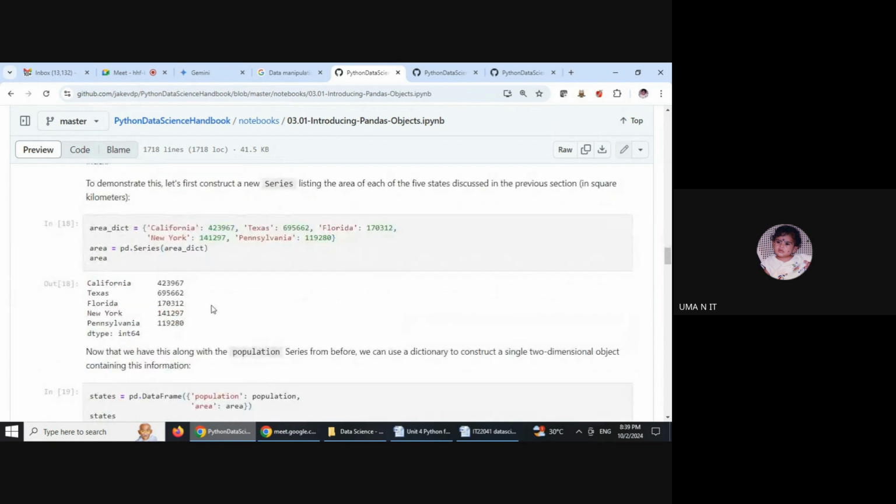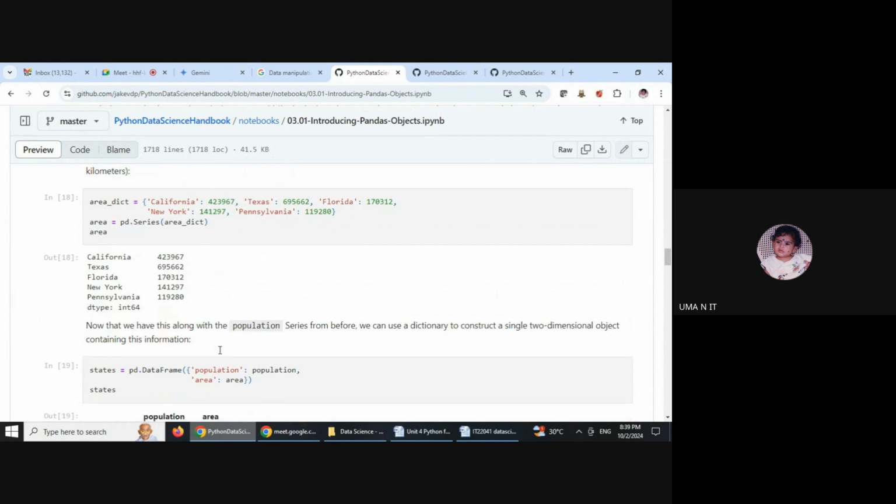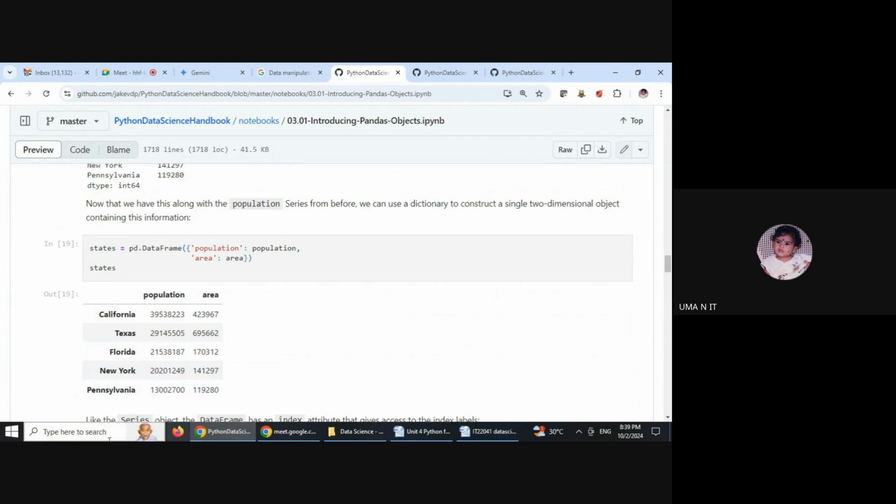So we have an area dict, that is a dictionary with a city name and the area of the city, and we can form a series of this area dict. A series will create a one dimensional array, and we can generate a data frame with two series of data, two series of numpy arrays or pandas arrays.